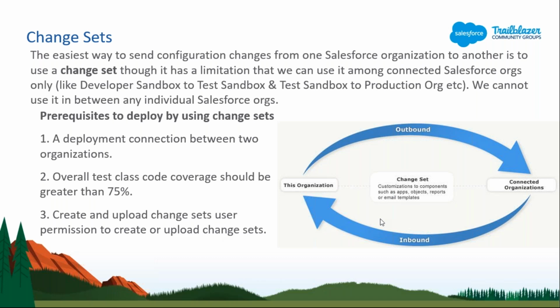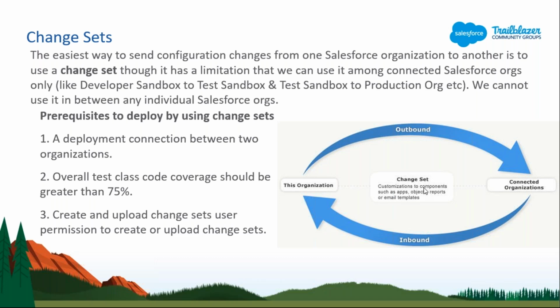Then you just need to go to your sandbox, create a change set, add that object to the change set, and then deploy that change set to production. In production, you need to go to setup and find the change set, and you can find inbound changes, because the changes which you have deployed from the sandbox come to production through inbound. And from the sandbox you are deploying, so that will be the outbound.